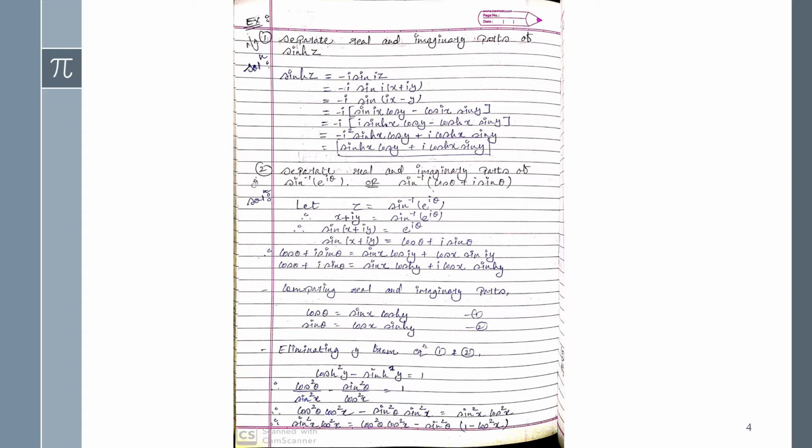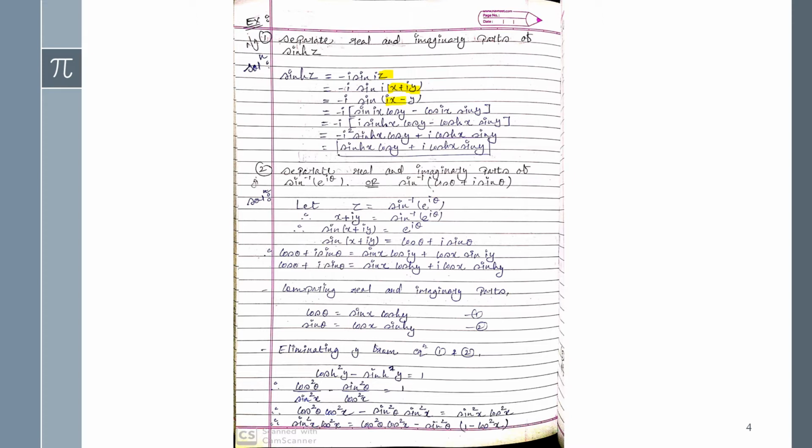now let's start with the function, and here it's given sin hz, and the hyperbolic of sine equals, we can write, minus i into sin iz. Now minus i as it is, sin as it is, i as it is, and in place of z we can apply x plus iy. I'm highlighting with the red marker this z equals, which I have applied here, sin of x plus iy. Now multiplying i into the bracket so that you get ix plus i square, and the value of i square will be minus 1, right? So that will be ix minus y.